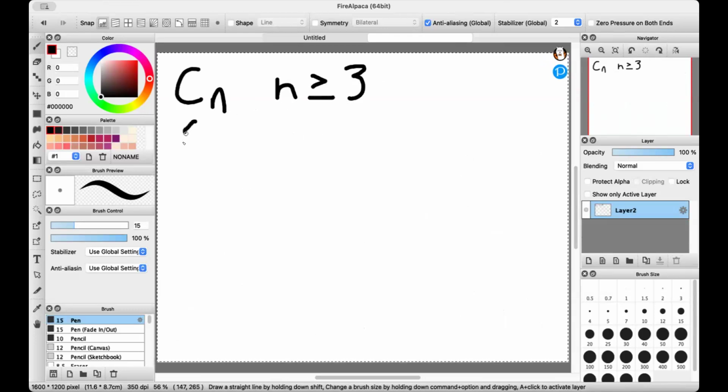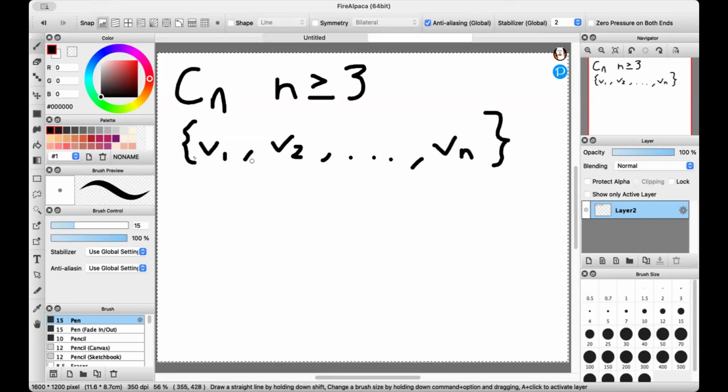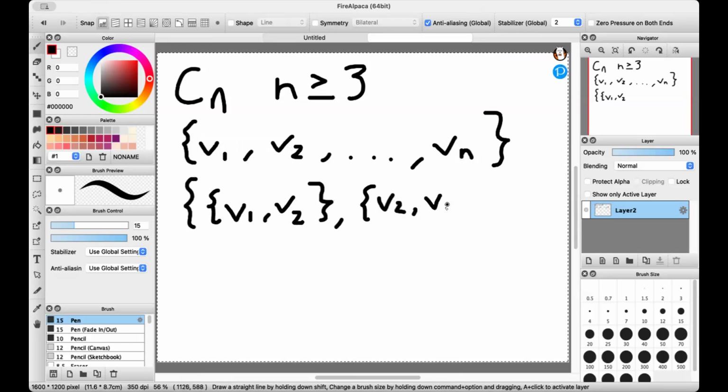So let's say v1, v2, up until vn. And the way these vertices have to be connected is these are the edges that have to connect these vertices, where you have v1 comma v2, where v2 is adjacent to v1. And then your next edge has to be the edge connecting v2 and v3, and so on